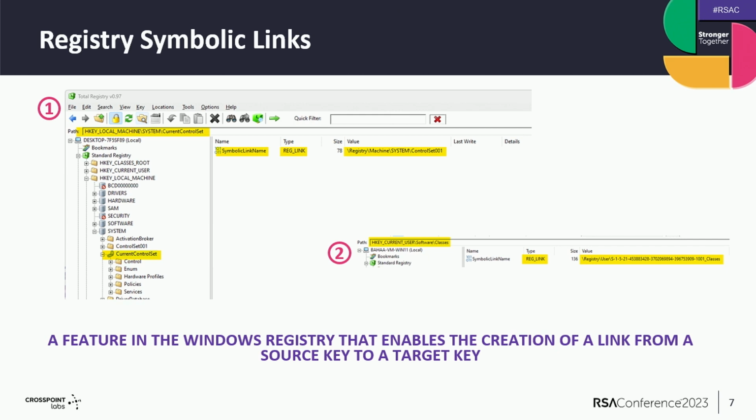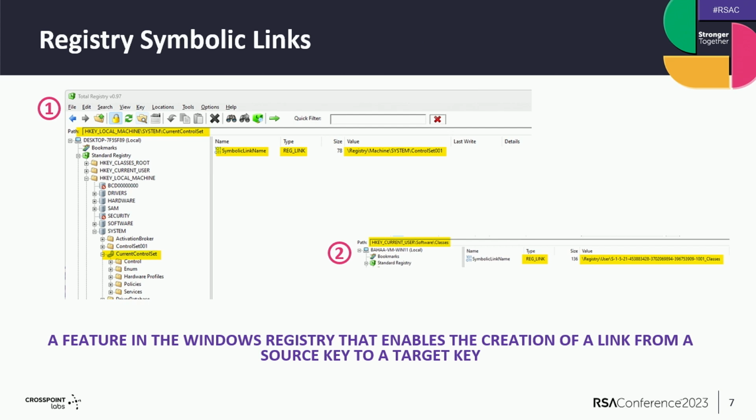Now, what are those registry symbolic links? Despite them being part of Windows for maybe 30 years, since the times of Windows NT, they seem to be less known than other types of links. They are simply a feature in the Windows registry that enables you to create a link that redirects you from a source key to a target key.